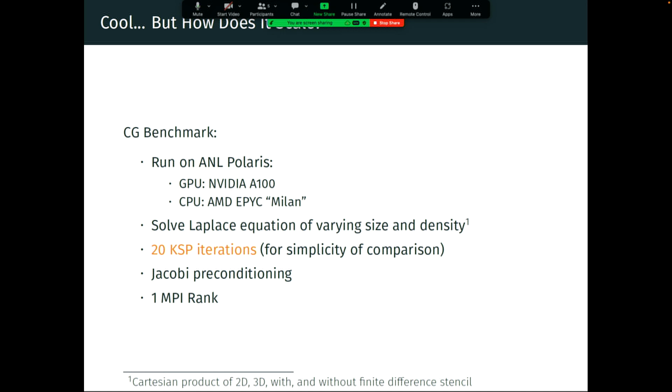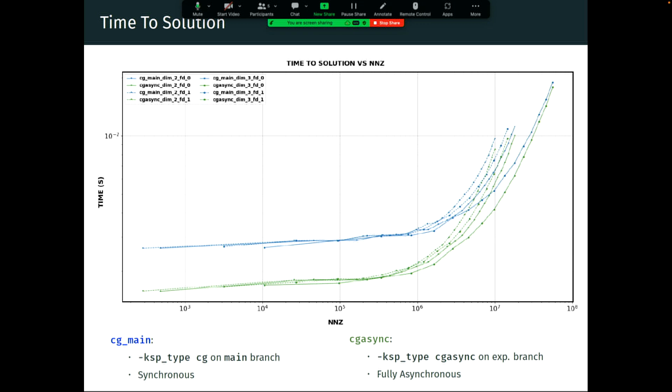When there's questions. But without further ado, the timing results here for the time to solution. So this is the total time that it takes for you to KSP solve and then synchronize the device. So in the sense that when you get the solution vector, it is ready and it is done. And see the blue lines here,